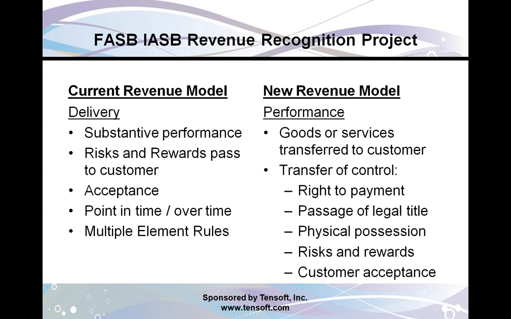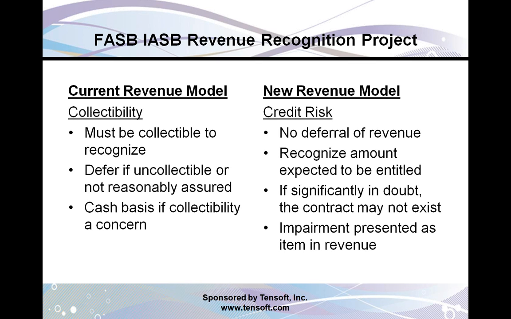Delivery. What are the differences between delivery and performance? Well, substantive performance, the pass of risks and rewards to the customer, acceptance, point in time versus over time, and then the multiple element rules that we currently have. We talked about performance would be when the goods or services are transferred to the customer under the new model, and that includes the vendor has a right to the payment, legal title is passed to the customer, physical possession is passed along with the risks and rewards, and the customer has accepted. So delivery at a point in time is pretty similar. Here's a big difference between the two